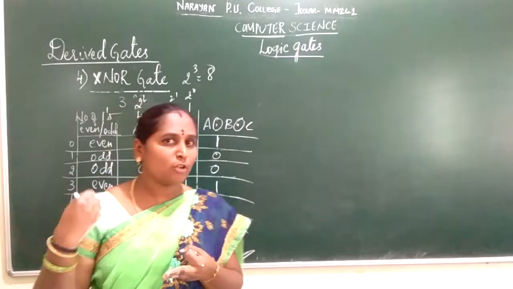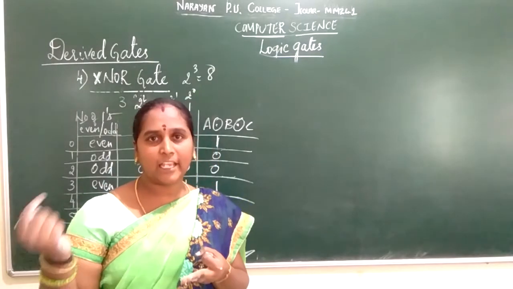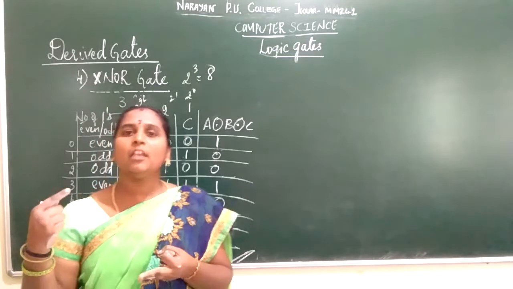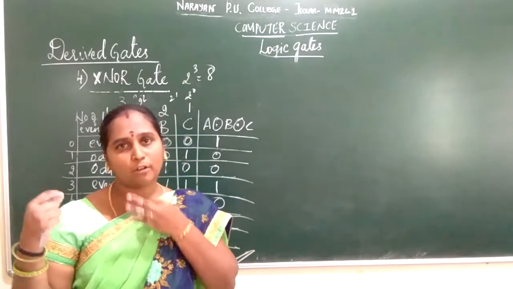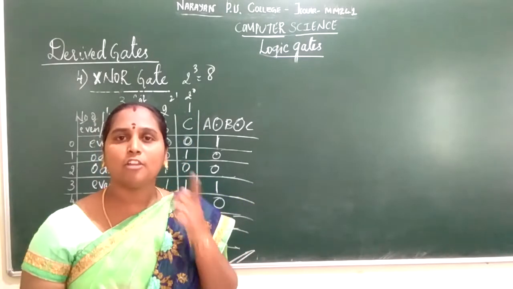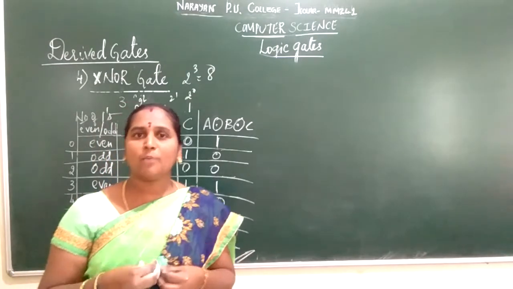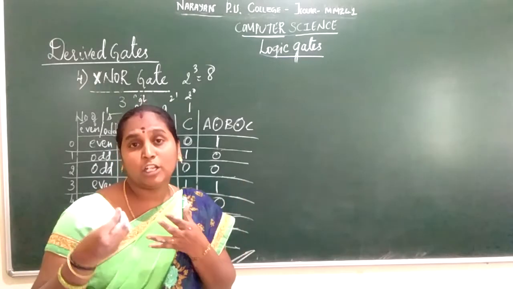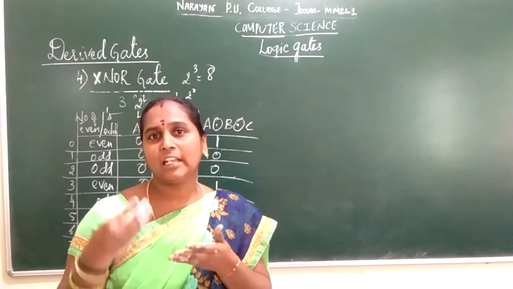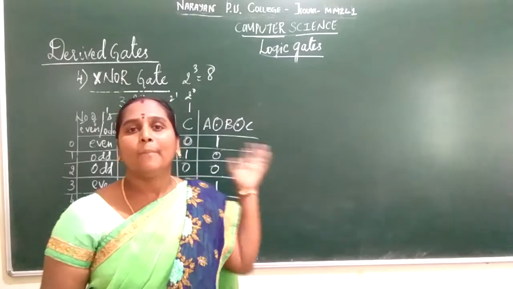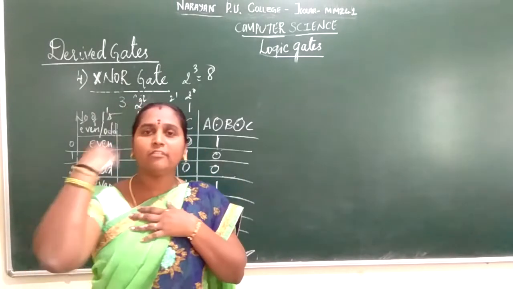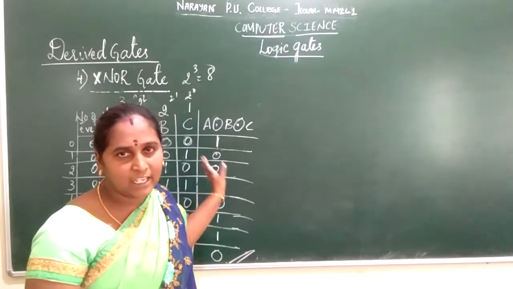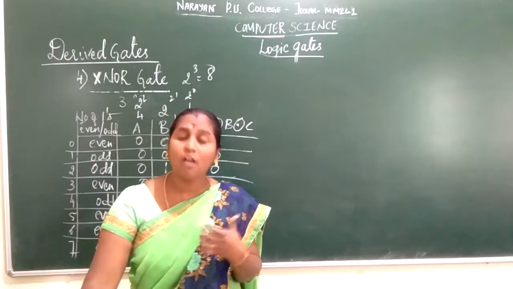XOR gate is different from your OR gate, that is exclusive OR. In the XOR gate you are going to see only if the input signal has an odd number of ones, then the output is high. Apart from that, for an even number of ones, or even if all the input combinations are low, the output is low. But the XNOR is an inverted gate of your XOR gate, or complementation of your XOR gate, we call it the XNOR gate, just quite opposite to your XOR gate.